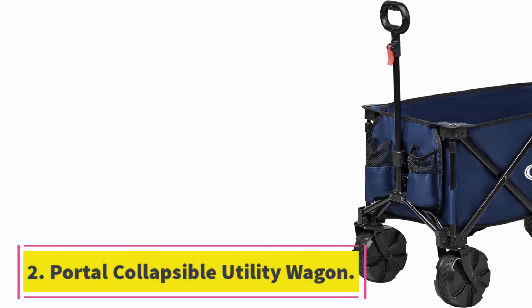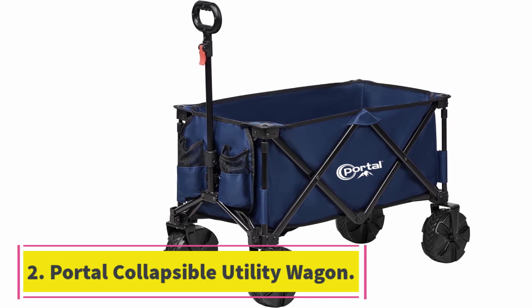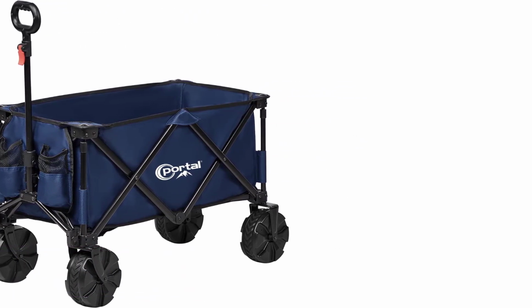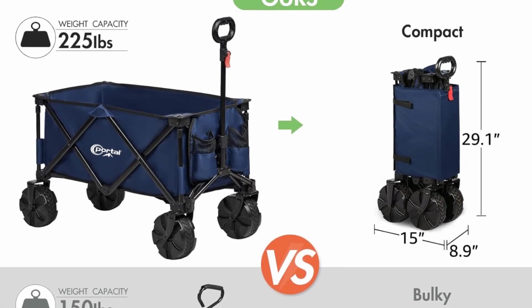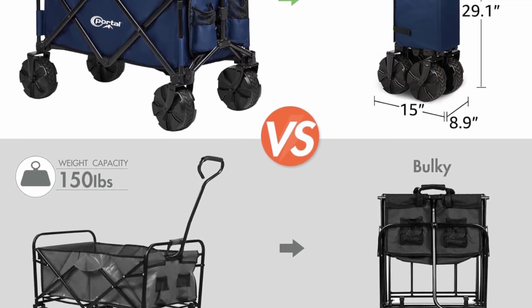Number 2. Portal Collapsible Utility Wagon. If you're looking for a beach wagon that's in it for the long haul, literally, then this one could be your next best friend. What really stood out about this wagon was its undeniable durability. With 600D Oxford fabric, reinforced steel frame, and 360-degree rotating wheels, we could tell that this one was going to